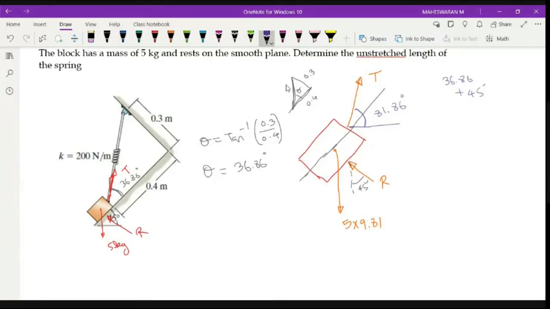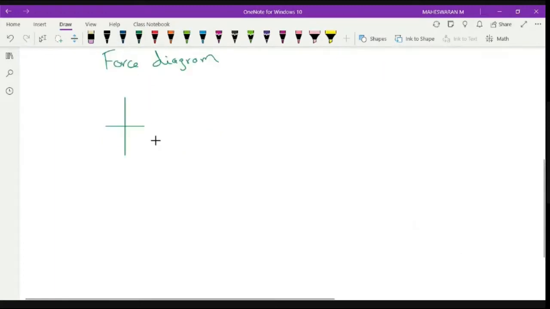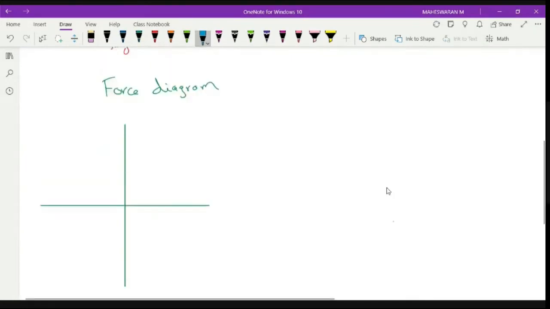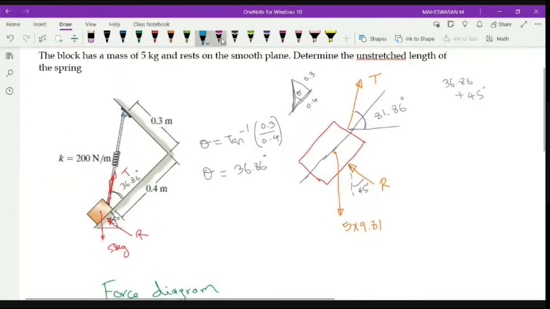So the next step is to draw our force diagram, right? We proceed with the force diagram. For the force diagram, let us consider an axis with respect to that. Now, we'll write one by one. Before that, as I told you, you have to put a plus sign wherever you have the starting force. So this is my starting location. I will put plus here.